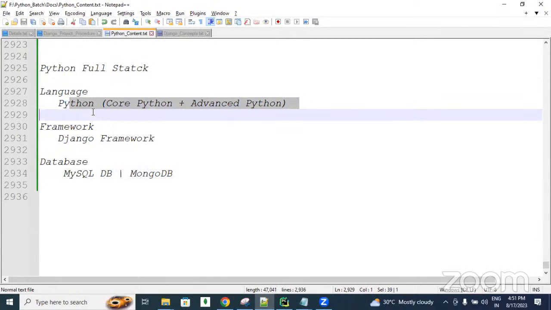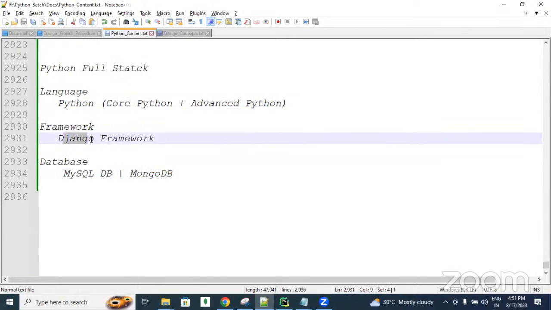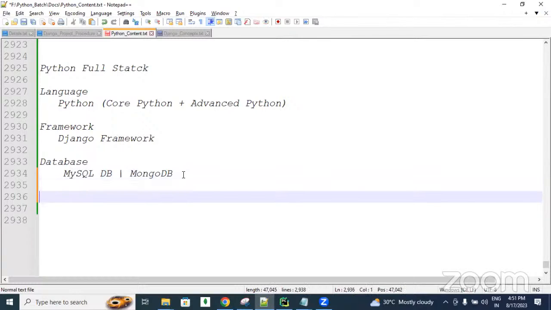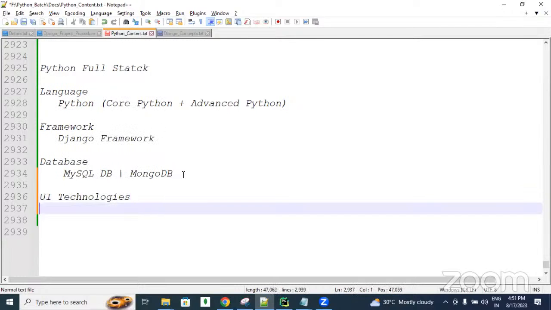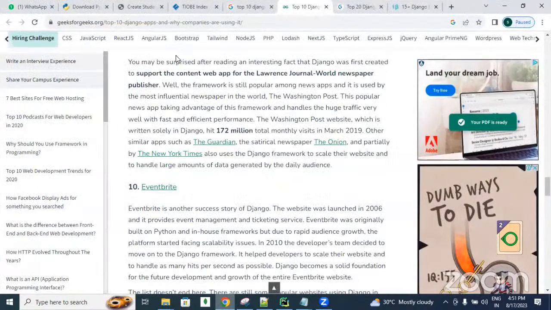Python to MySQL, how we are interacting, and the Django framework to MySQL, how we are interacting. The same for MongoDB, we will discuss also. And next, UI technologies, guys. UI technologies. To develop the presentation logic of our application, for example, just one example I will